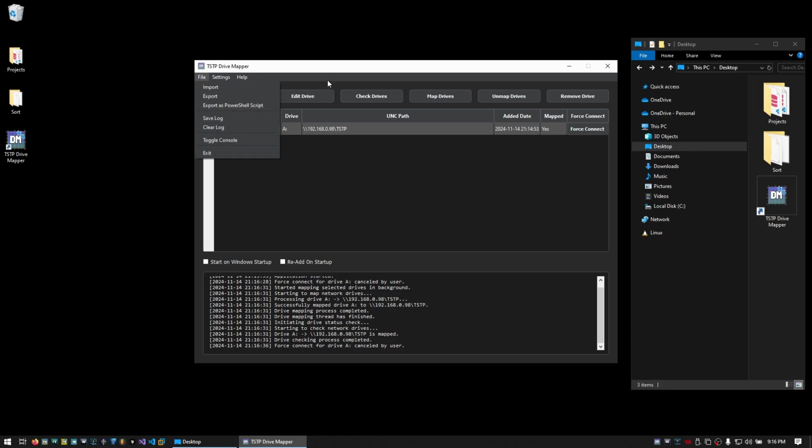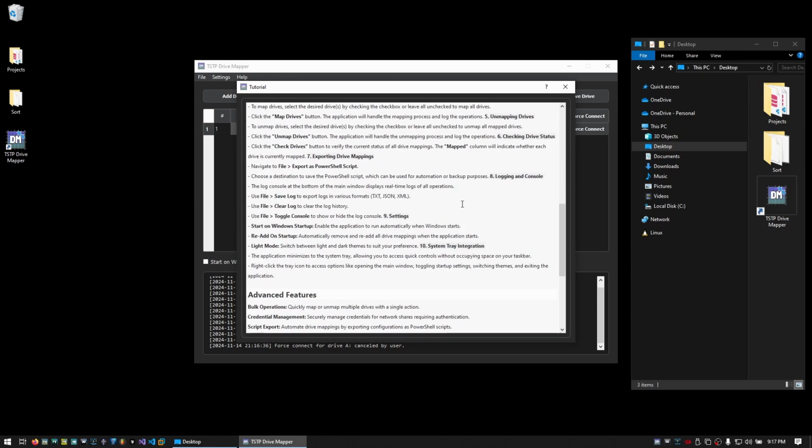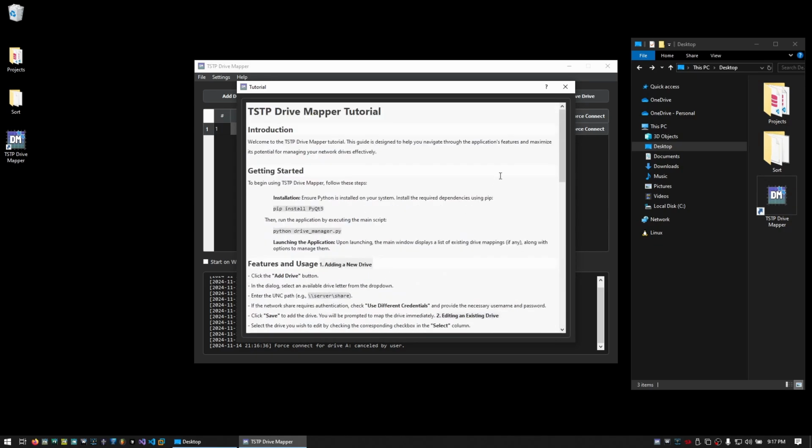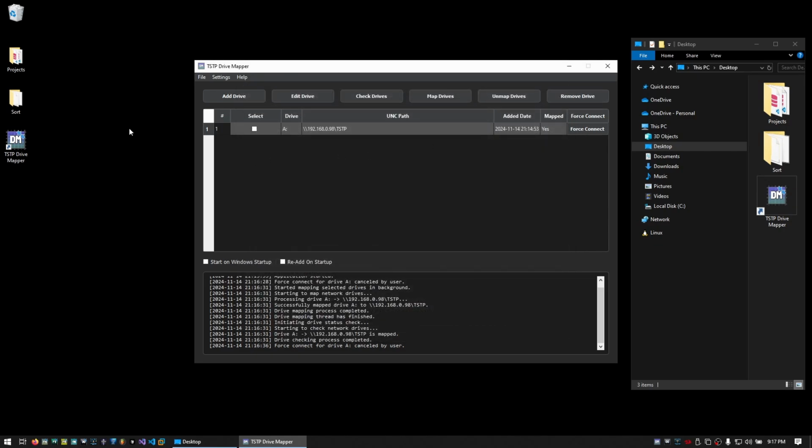You can export it to a PowerShell script, which you can then use inside of our PowerShell version of the program, which the program can make a version of for you that will be found inside the TSTP folder on your C drive for Drive Mapper. There is a tutorial that shows you how to use all the options, what they do, how to set up the program,